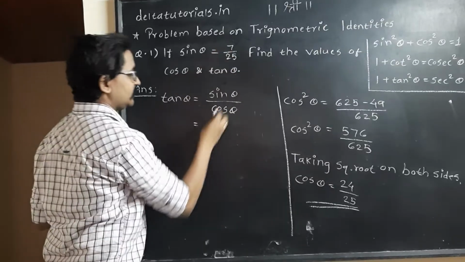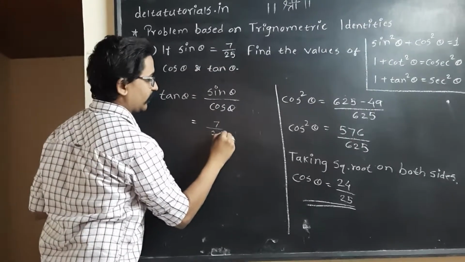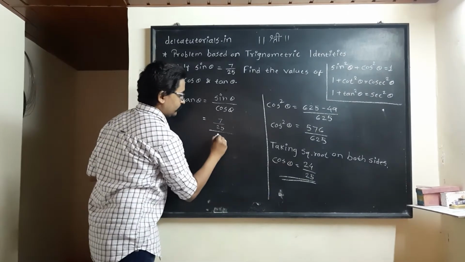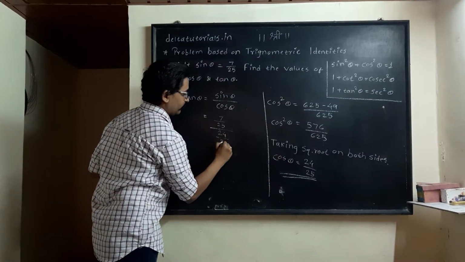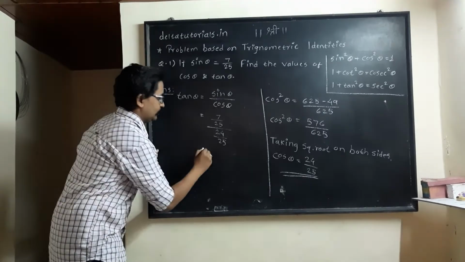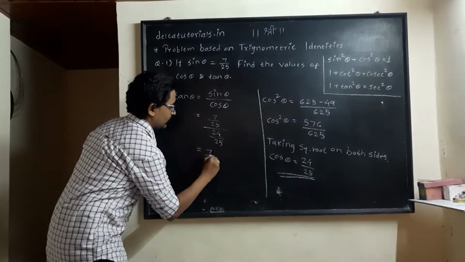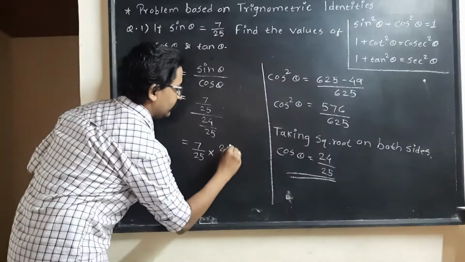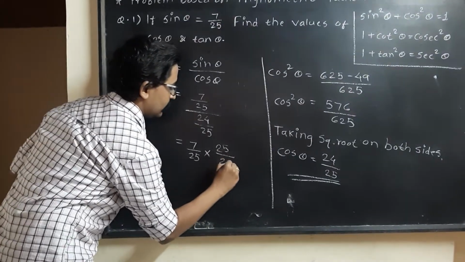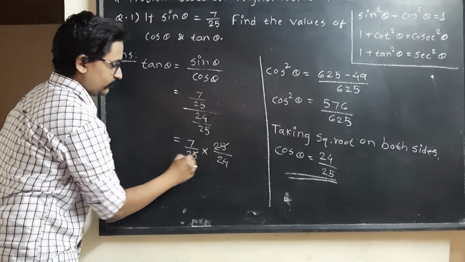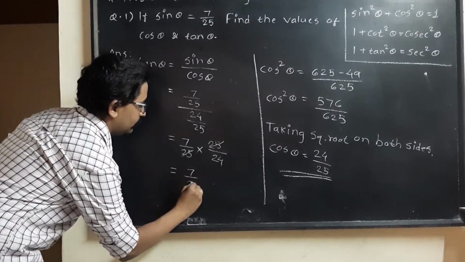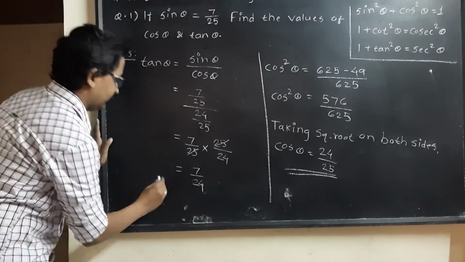Value of sin theta is 7 upon 25 and value of cos theta is 24 upon 25. So this will be 7 upon 25 multiplied by 25 upon 24. This 25 will get cancelled and our answer will be 7 upon 24,